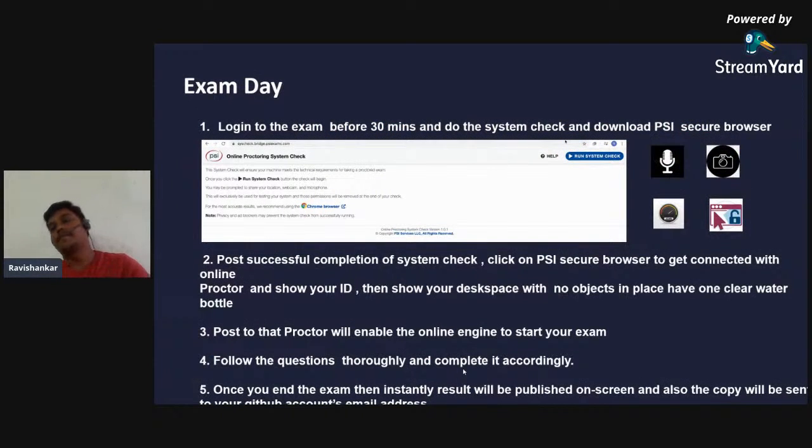Then the exam day. On the exam day, you can log in to the exam 30 minutes before, or at least some 15 minutes before. If you log in before the exam, it will help you. Or you can also run your system check beforehand. If you are planning to write the exam on this laptop, then immediately do the check, run the system check using the